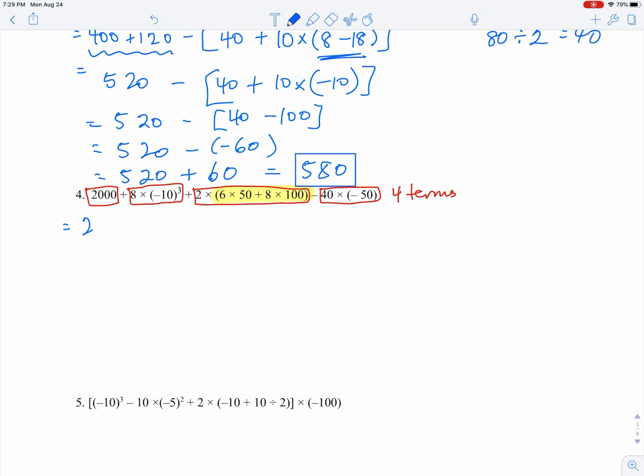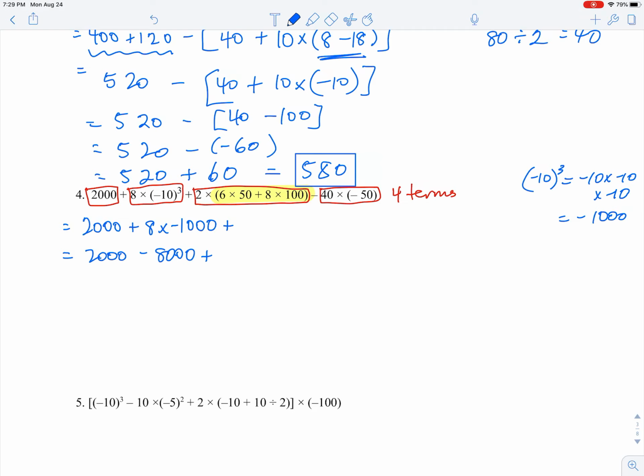So I'll start. 2,000 is just 2,000 plus 8 times minus 10 to the 3 over on the side here. Minus 10 to the 3 equals minus 10 times minus 10 times minus 10. So minus minus minus is a minus. 10 times 10 times 10 is 1,000. So this is going to be 8 times minus 1,000. So I'm going to have 2,000 minus 8,000